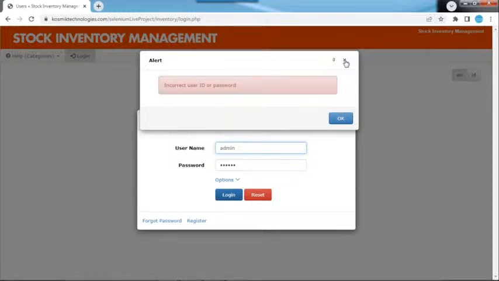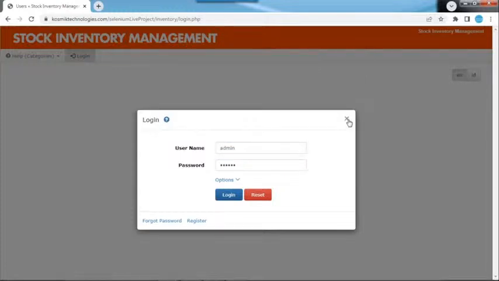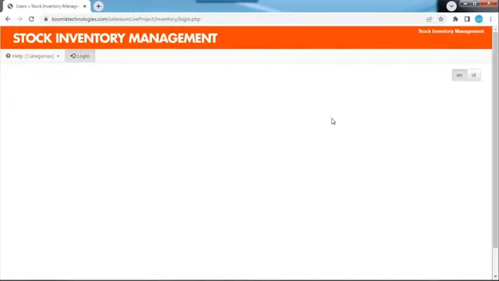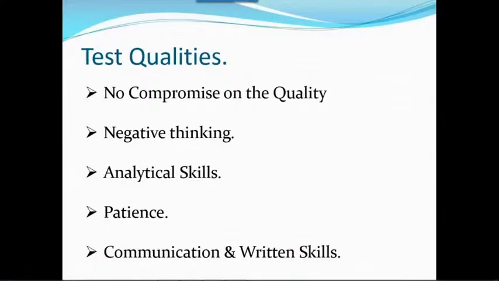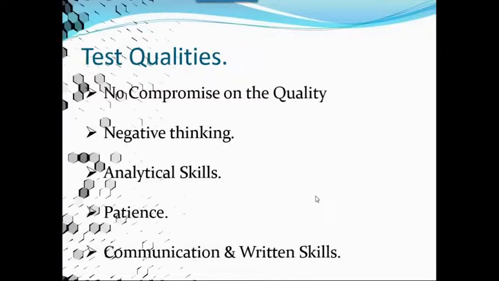So is it clear, right? These are all very, very important, guys. While you are doing the testing, you need to check. No one will tell you to do the positive testing or the negative testing. As a tester, you need to test both things, positive testing and negative testing.